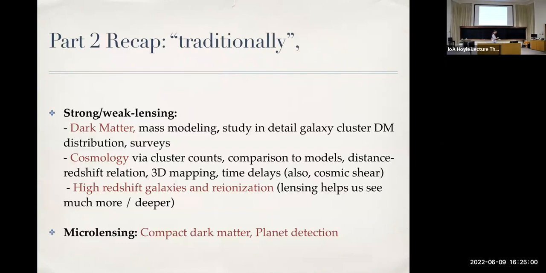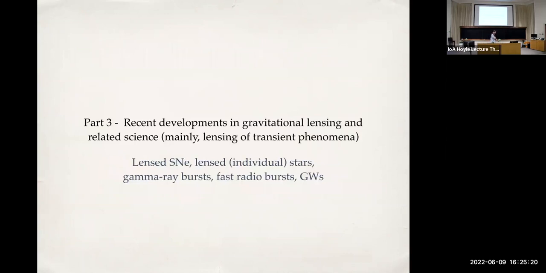Okay, so this concludes the introduction. What we have been doing until now in strong lensing in the past 20 years: dark matter mapping, studying cosmology, and high redshift galaxies. These are the main 3 parts. And with microlensing, probing the content of dark matter. Now, a few years ago, several interesting things happened. Namely,